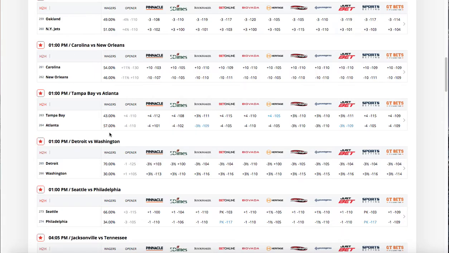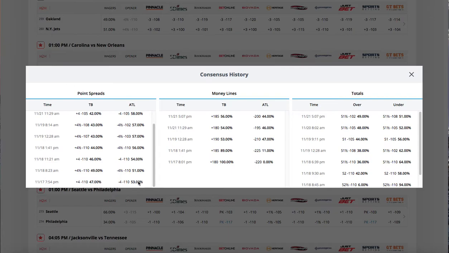We have Atlanta with 57% of the tickets, Tampa Bay 43% of the tickets. Okay, so now this is interesting here. The line opens, looks like they got even money on both sides, or close to even action. 53% played Atlanta minus 4, 47% played Tampa. So again, this would be a situation where,